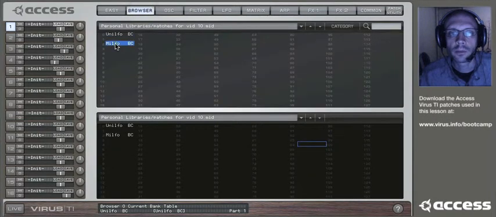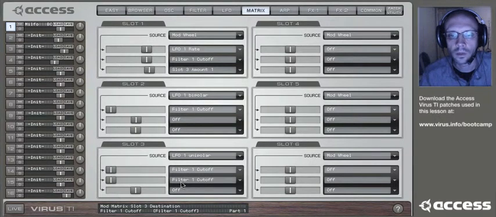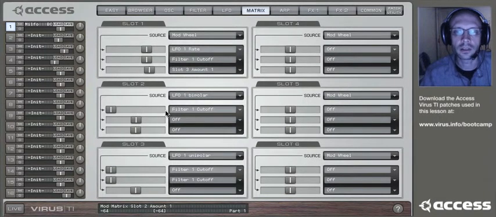I want to show you another patch I've made, which uses a combination of both modes of the same LFO applied to the same parameter. If you're wondering why I've applied it twice here, it's because by doing that in the mod matrix you can get an even steeper modulation curve. But really the main effect that you're hearing here is the combination of the unipolar and bipolar